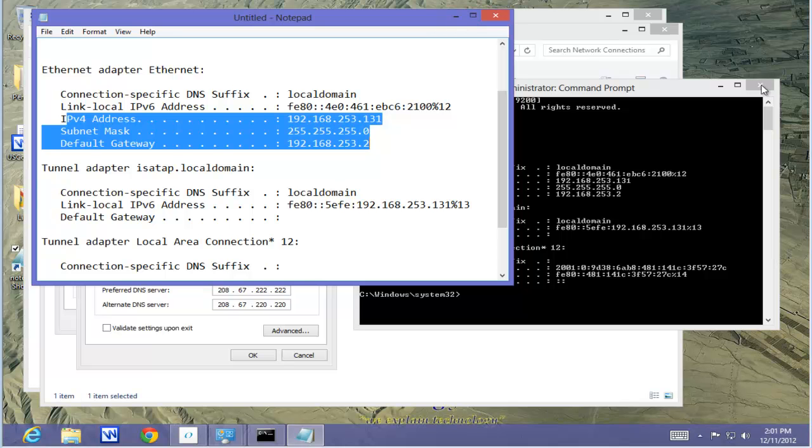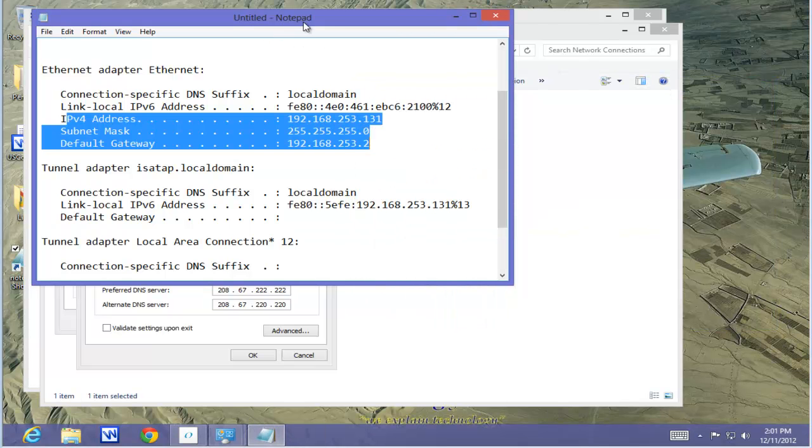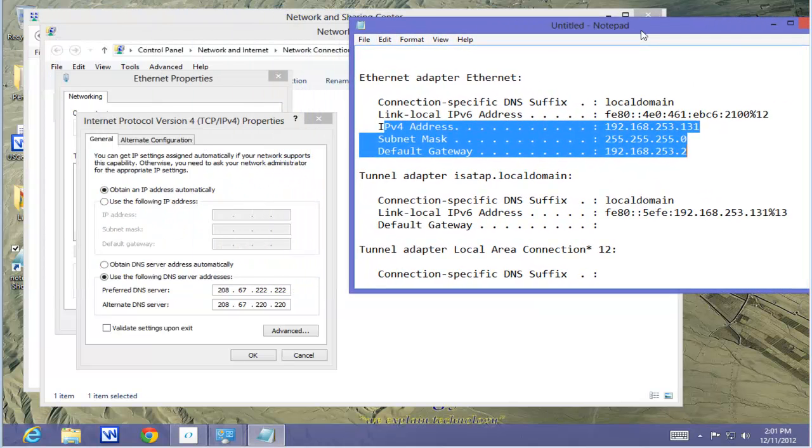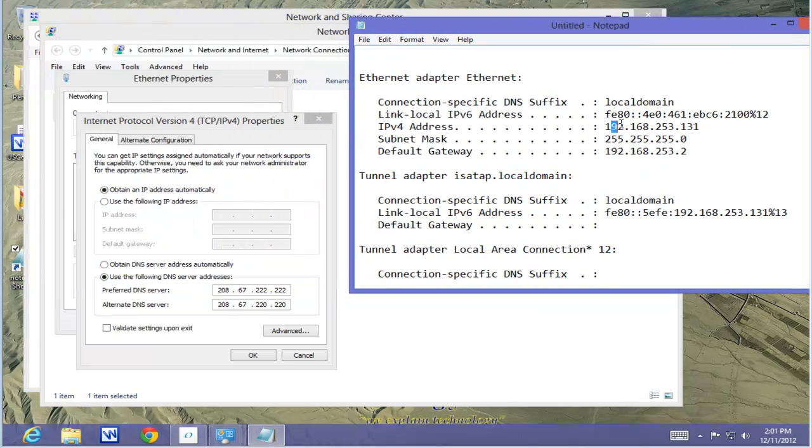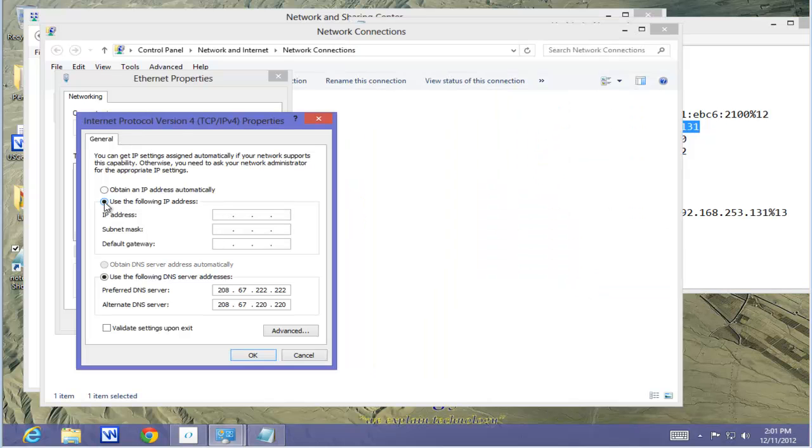Okay, let's leave that open. Let's close down the command prompt. We don't need that anymore. Now what we have to do is put in this information, but we're going to change it because this is the current information. So we're going to go back over here to the Internet Protocol Properties, select Use Following IP Address. And we're going to select the following: